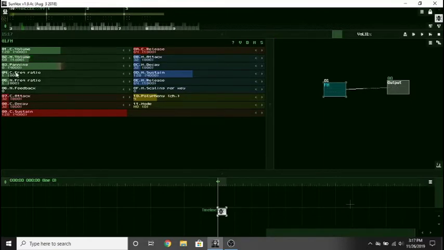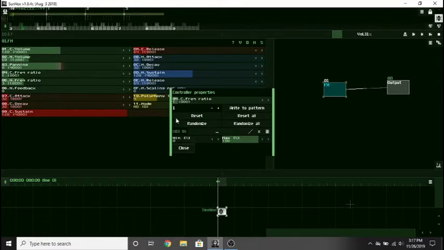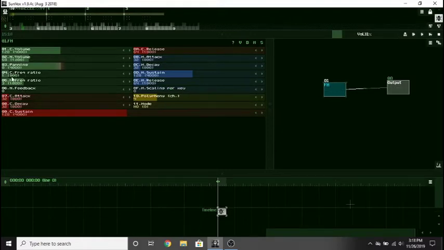You have panning, your carrier frequency ratio, and your modulator frequency ratio. The only thing I don't like about this is the ratios are all set. You can't make it a weird ratio to get a really harsh FM sound. It's all simple ratios, and you can get crazy sounds, but it's just not as crazy as if it was